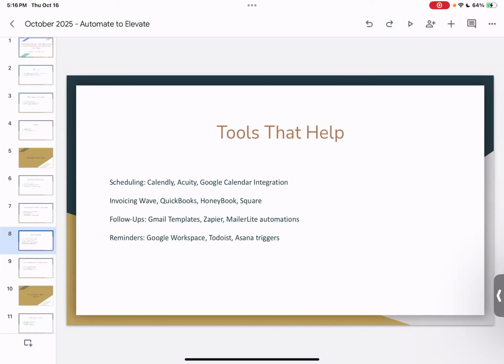There's also Acuity that is out there. When it comes to invoicing, you can use Wave, you can use QuickBooks, you can use HoneyBook, you could use Square. For my private lessons, I've used My Music Staff, just as effective as it relates to sending out whatever amount that you need from your families. It also allows for follow ups as well as receipts and attendance related information that you want to provide to the families.